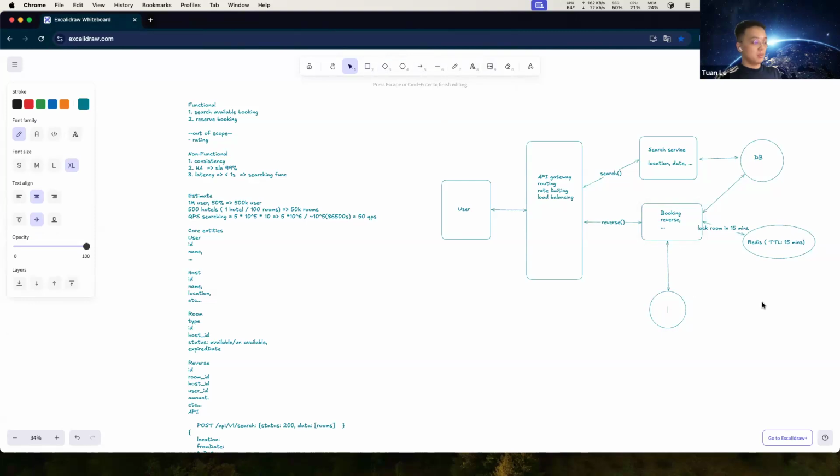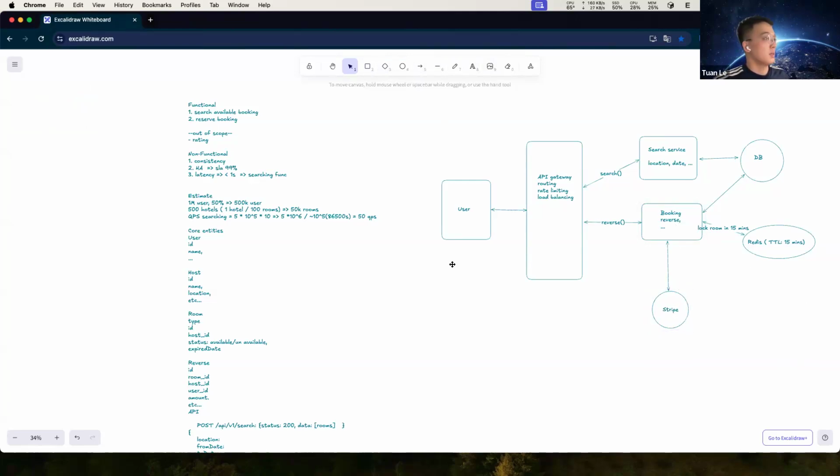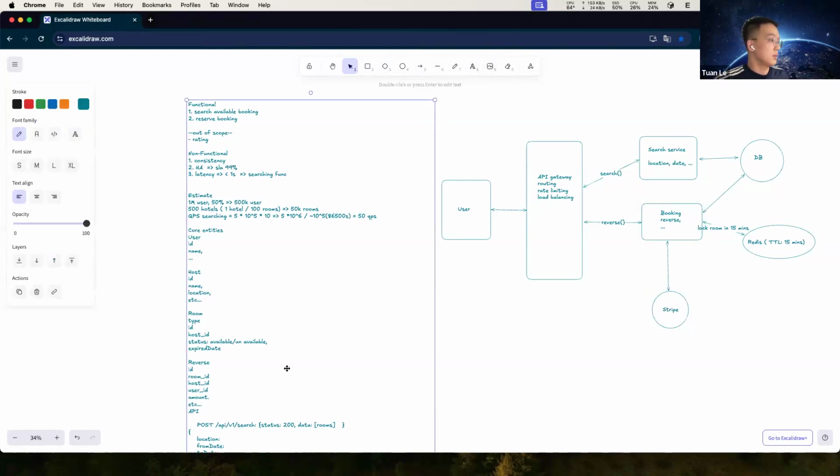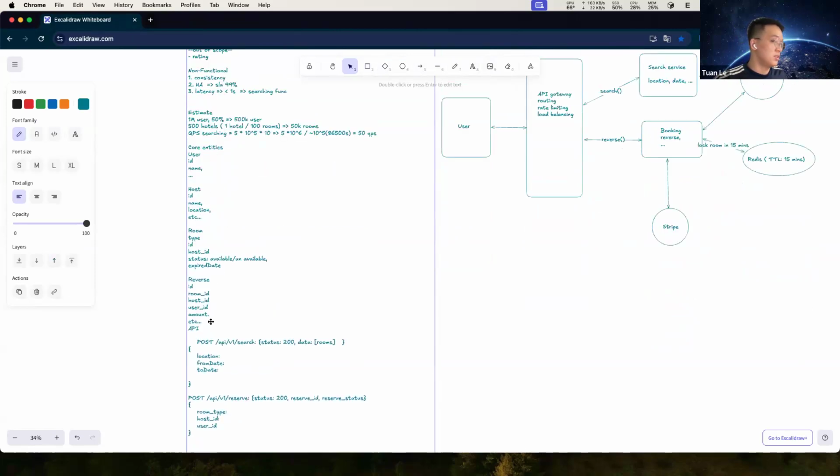So in this, to make payment, okay, I want to copy the entity to make it easy to design.